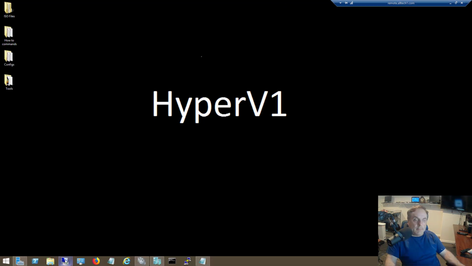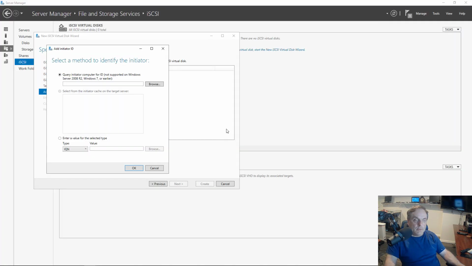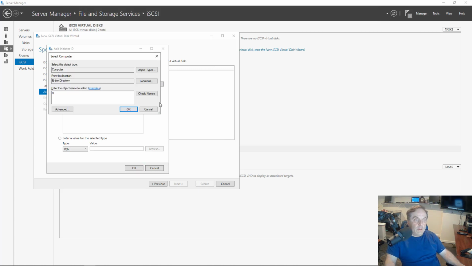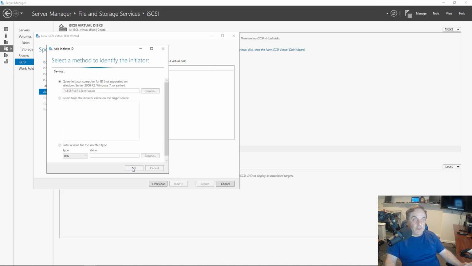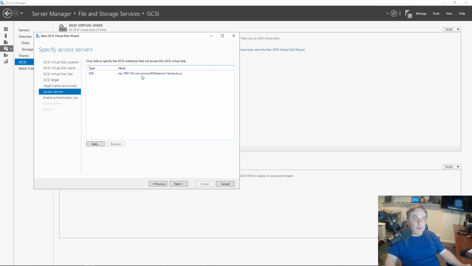So now I'm going to minimize this. I'm going to go back into my target. And I'm going to put the name File Server 1. Check name. Finds it. There it is. And we see this is not supported in Windows Server 2008, Windows 7, or earlier. So this is only going to work with newer servers. So it queried it, and look at that. It found the initiator. So if we hadn't started the initiator, to get that thing going, and then clicked the connect button, then it may never have found this initiator.